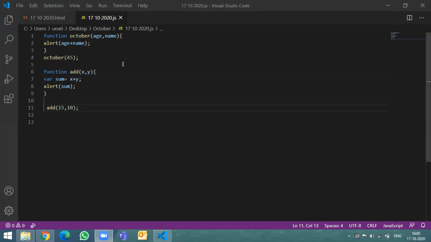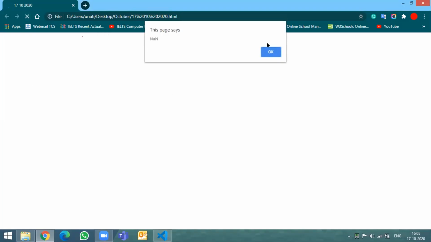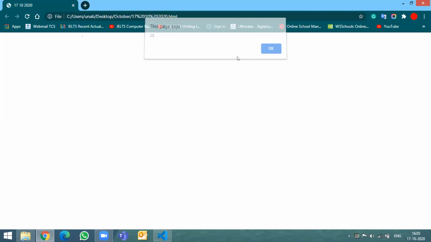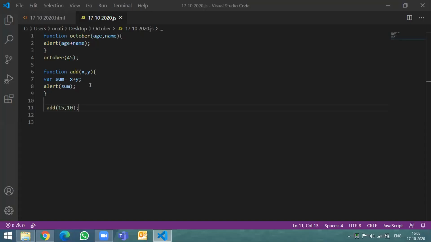Sir, where is the semicolon placed wrong? No, I now think it is working. Okay. So if you want to do add of 25 plus 85, you will have one more add statement. So you can call the same function add one more time.